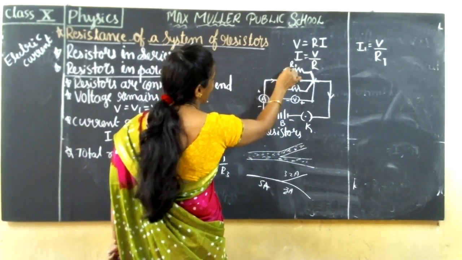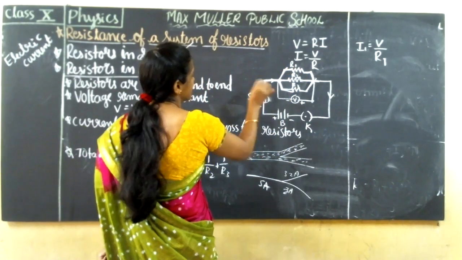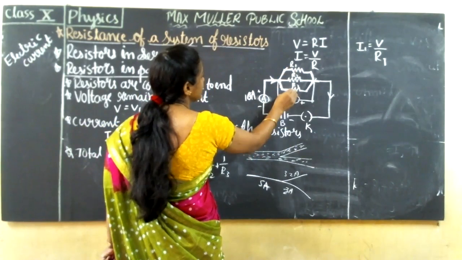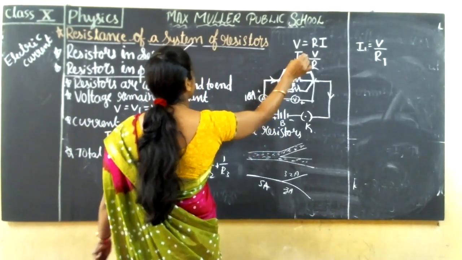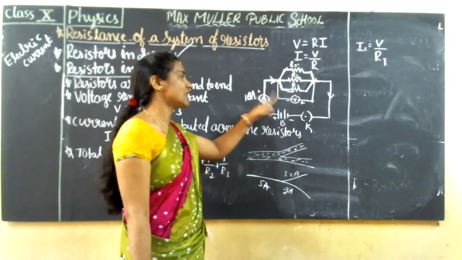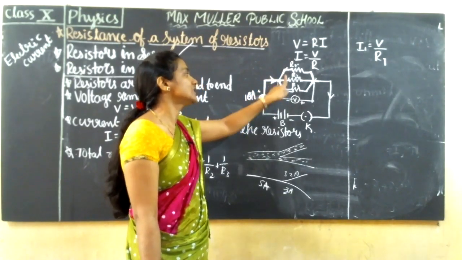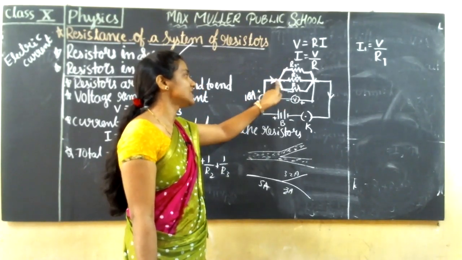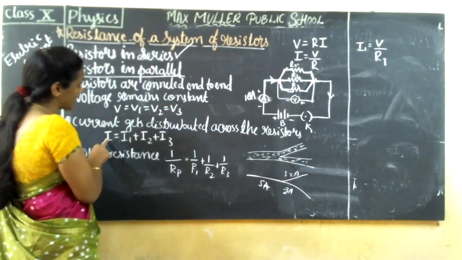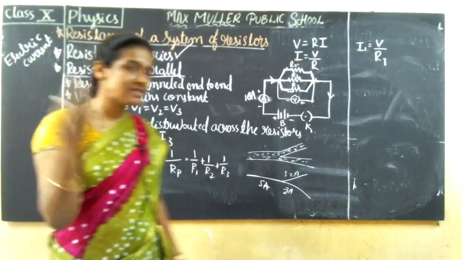Again 3 wires are connected to the resistors. Once it comes here, if a 5 ampere or 10 ampere current is flowing throughout this circuit, once it reaches here it is going to distribute according to the resistance connected to each wire. That we will learn in the next concept. Don't worry about that. Just try to understand that when it comes to parallel connection, you are going to connect 3 more wires here, and obviously the current is going to distribute. So how will we write that? Total current I is equal to I1 plus I2 plus I3.